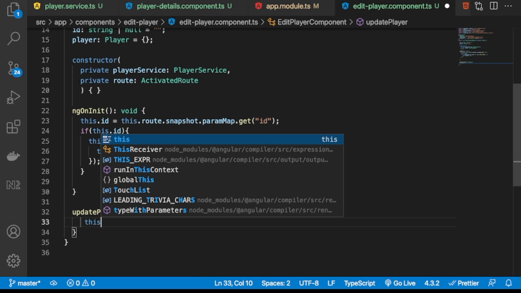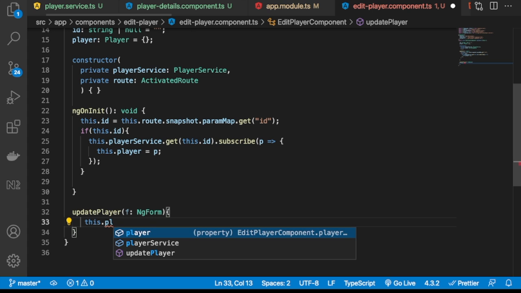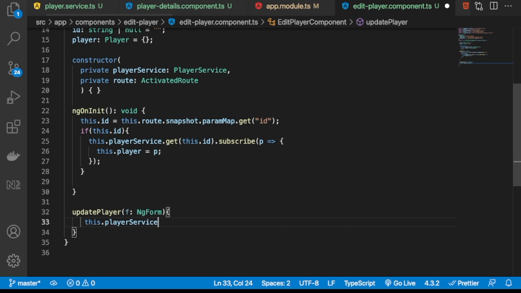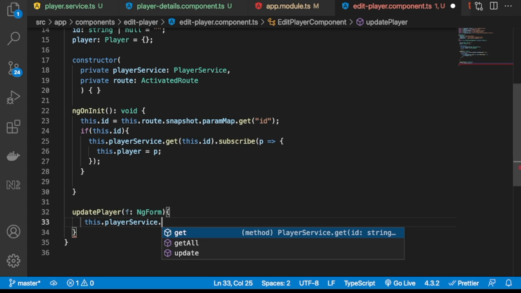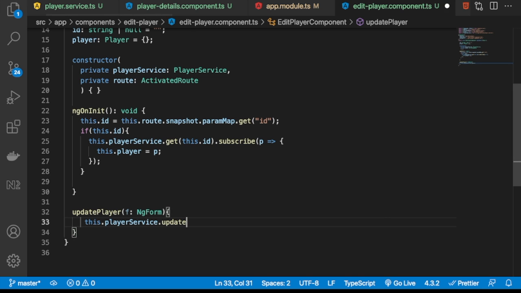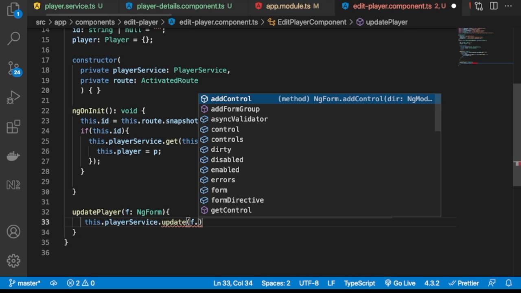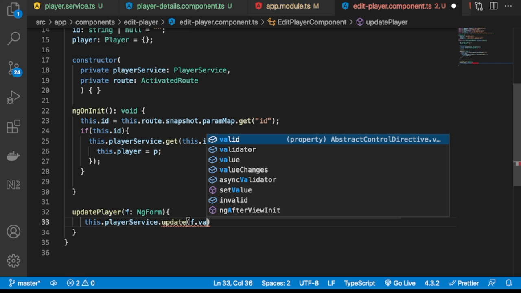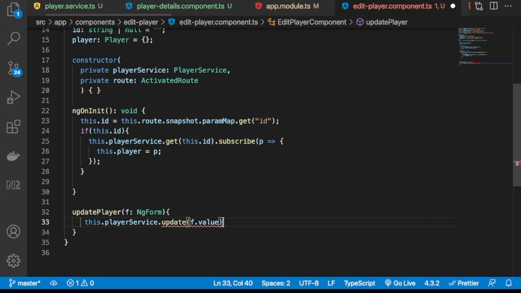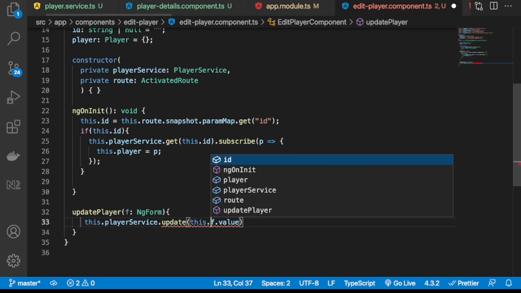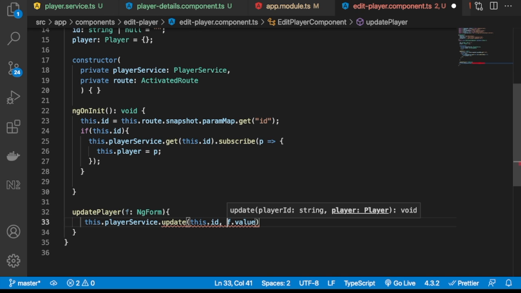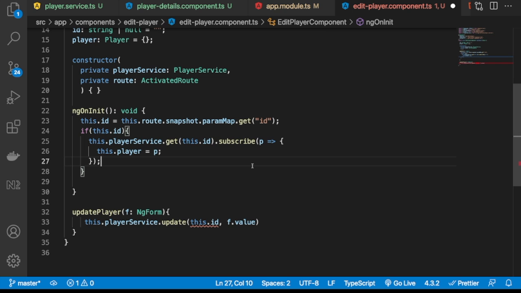Instead of logging it, we just say this.playerService.update, and then we want to pass the values f.value. And also we need the ID, and remember we have the ID saved in a variable called id. So this.id,